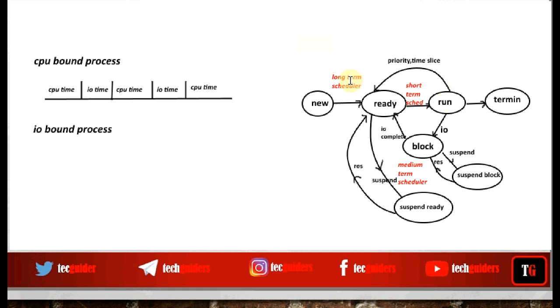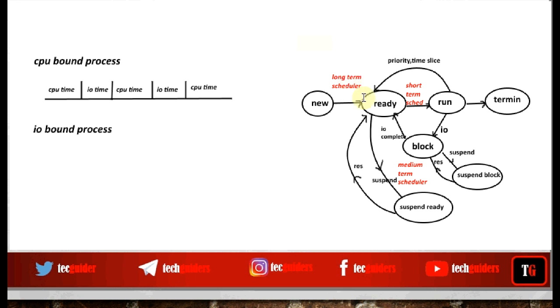Else, if this scheduler picks up n number of processes where all the processes are CPU bound processes, then what happens? All the n processes keep on waiting for the processor. None of them make use of the IO devices. The IO devices will be idle. Here also there is an unbalanced state. So for an optimum performance, the long-term scheduler should pick up a mix of CPU bound processes and IO bound processes. Also, this is the scheduler who decides or who controls the degree of multi-programming.